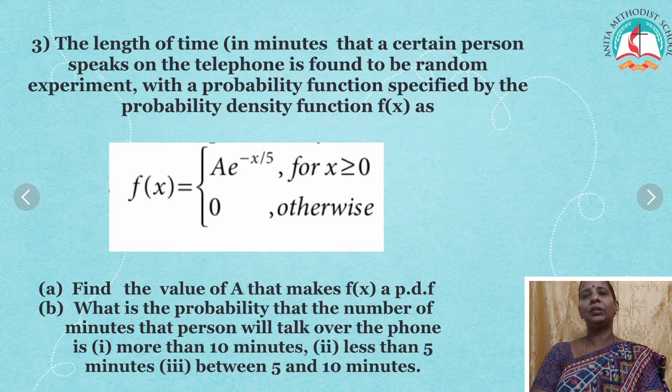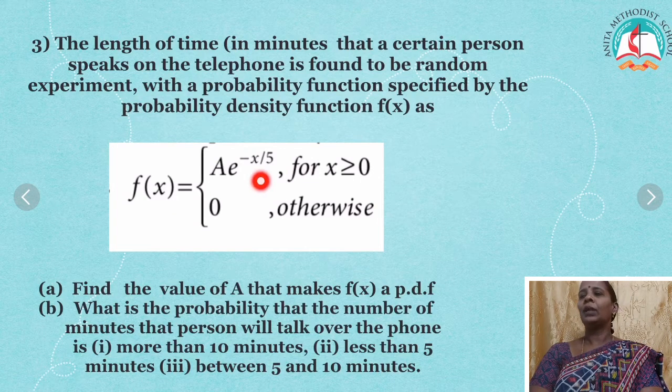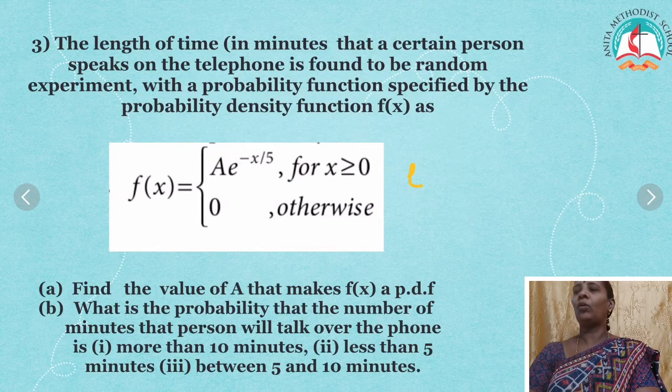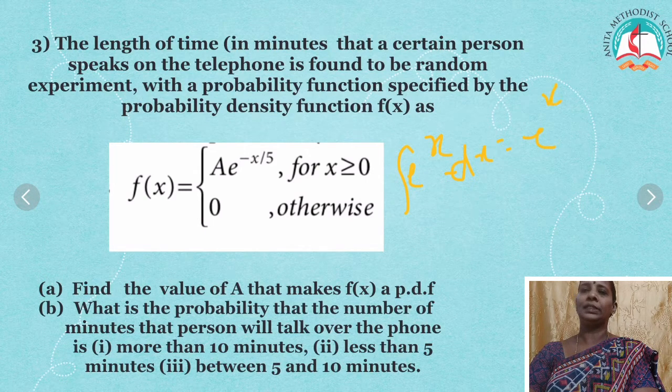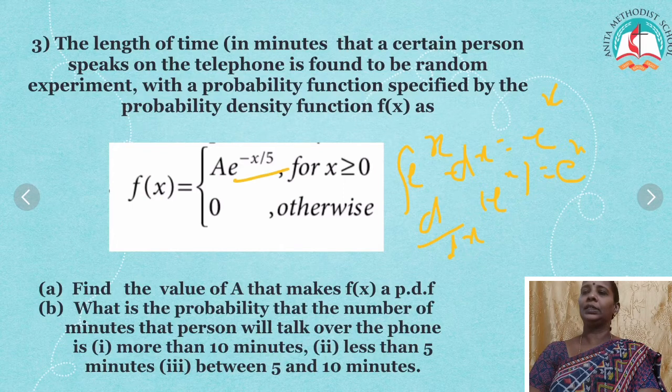What is the difference between the previous and this? Here it is small f, there it is capital F. We will see this model also. And moreover here we are using e power x. e power x means when you integrate or differentiate, you will get e power x itself. Only thing is you have the coefficient there.